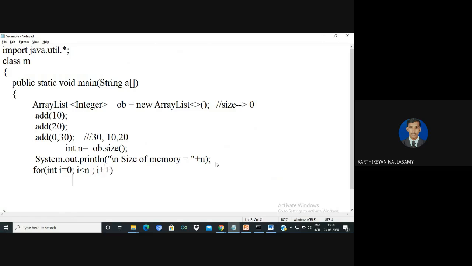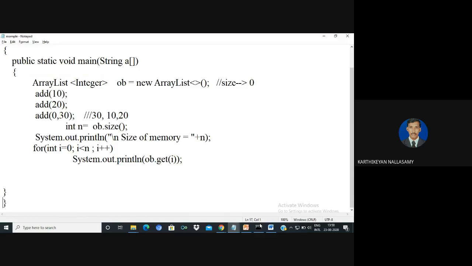The size always returns the number of elements stored inside it. Here the array list name is ob dot. Here we can't use the index directly. Instead of that, we use the get method. By using the get method and the corresponding index, we can access the value.